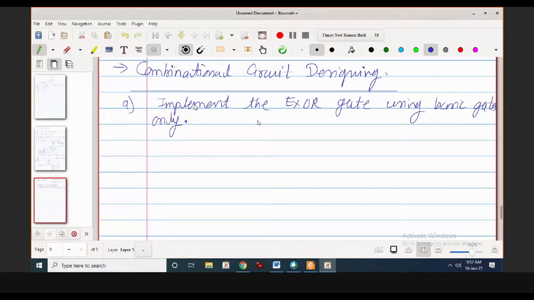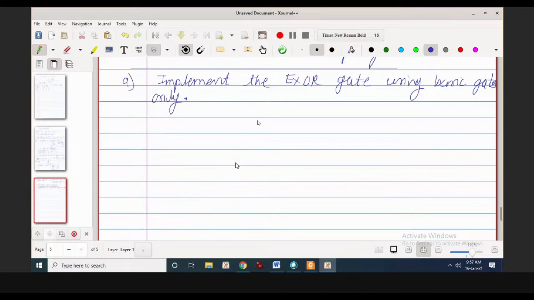Okay, so this is the case. Very simple example we'll take and then we'll jump to the higher examples. So now the XOR gate truth table is known to us. So let us have it very quickly. A, B, Y: 0 1 0 1, double 0, double 1. So when both the inputs are